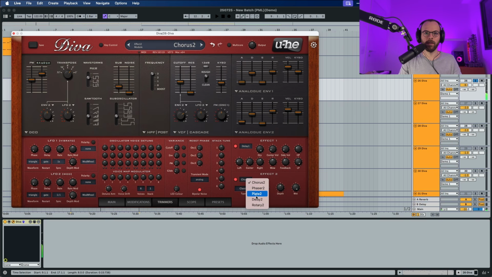And the big one, plate reverb. A lot less though. Size all the way up. Decay a lot longer. Damping more aggressive. Diffusion and pre-delay as they are. Now if you listen to it,